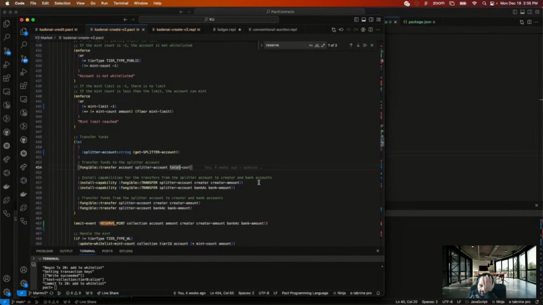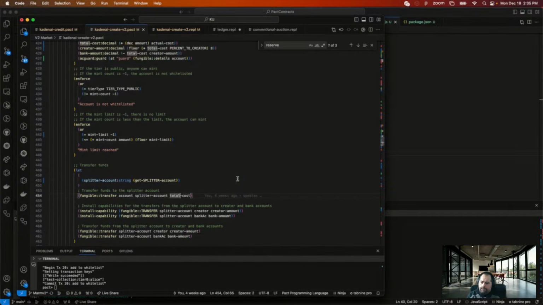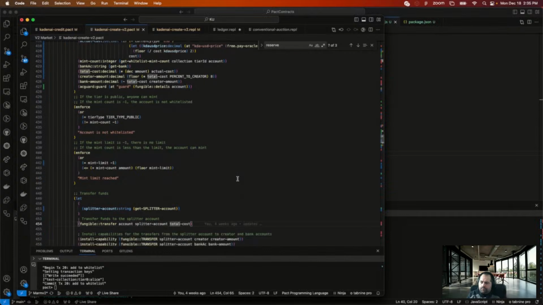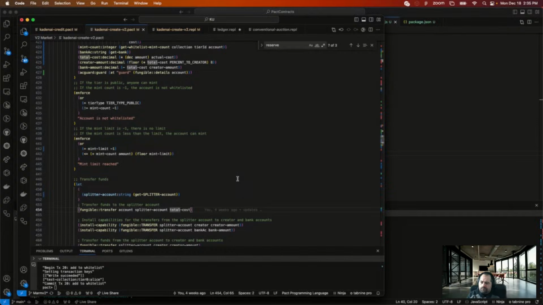And then I'm installing the capability to transfer from the splitter account to the creator amount, bank amount. Balance.